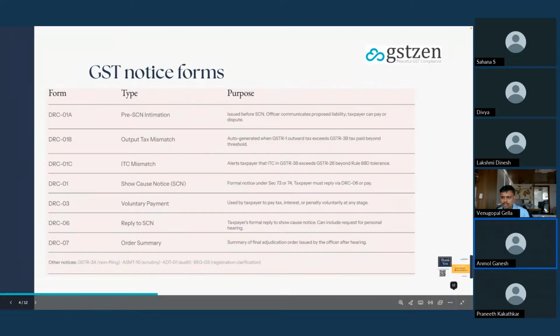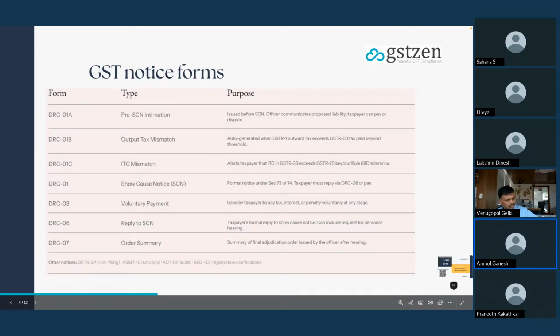And next we have the DRC01B notice. It highlights the underpayment of our output tax. Let's say the government authority has found an output tax mismatch where GSTR1 tax claimed is more than GSTR3B. This is when the authority sends me a DRC01B notice.